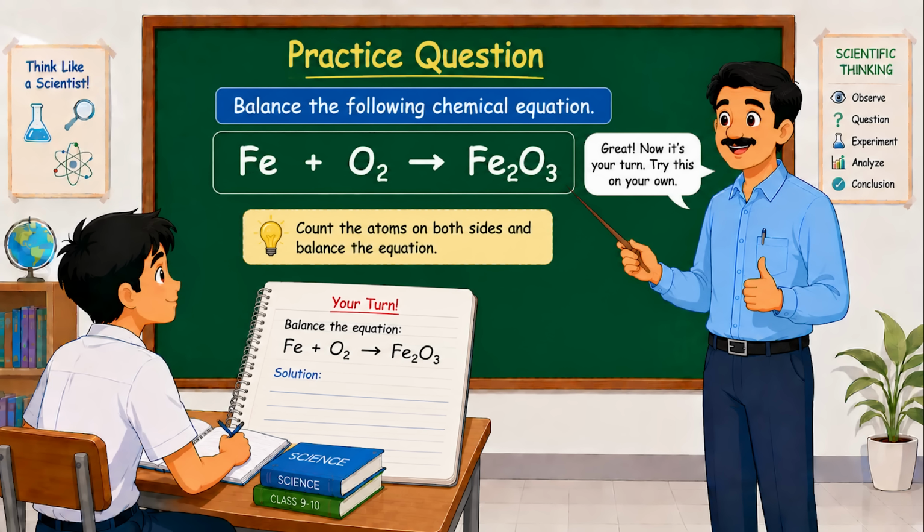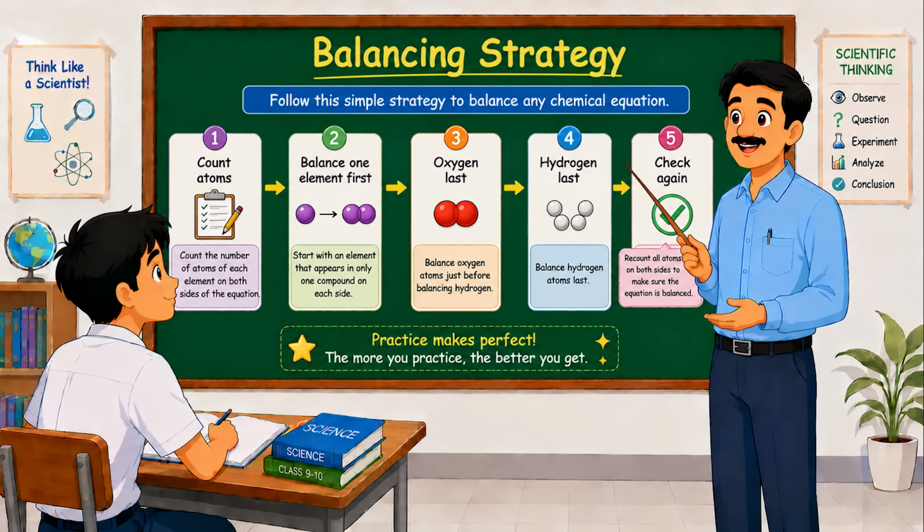Try this. Fe plus O2 gives Fe2O3. First count the atoms, then balance step by step. Once you are done, write your answer in the comment below. Ask yourself which element appears in the fewest compounds, and start there. That is usually the easiest path. One line to remember: balance chemical equations by changing coefficients so the number of each type of atom is equal